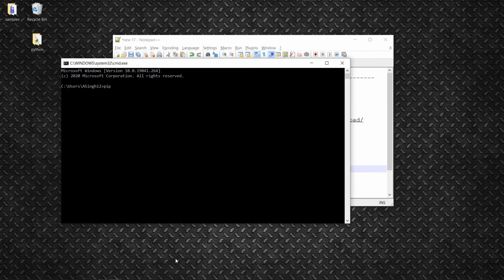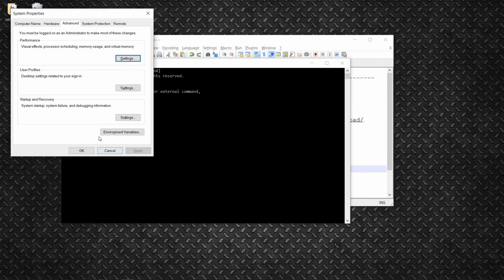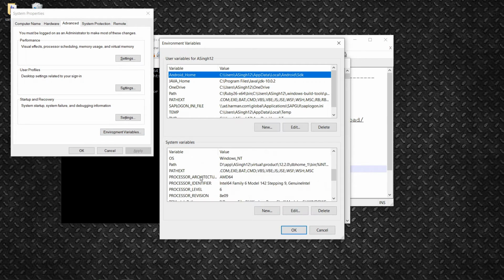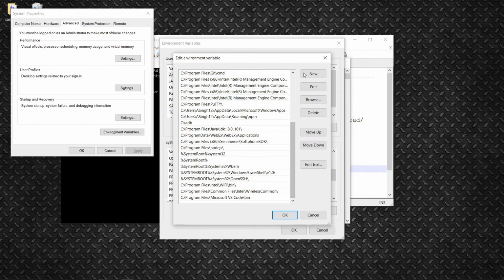Now type pip --help, and this should not work. So why is this not working? Because we have not set the path variable. So again we will go to environment variables. We'll open this and we will traverse to the path variable. So by clicking new,